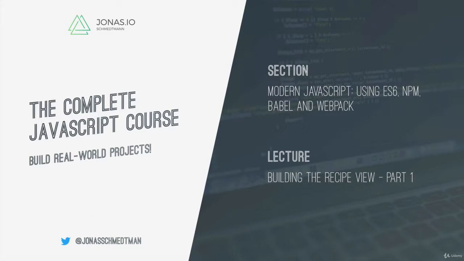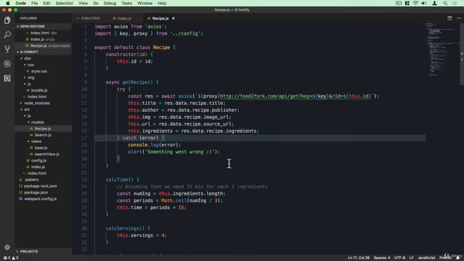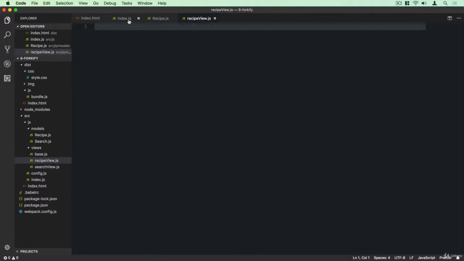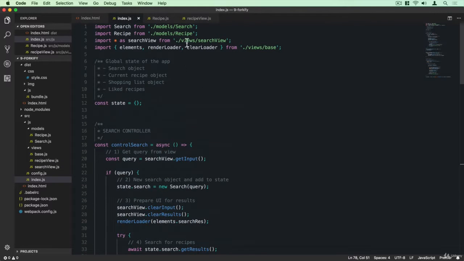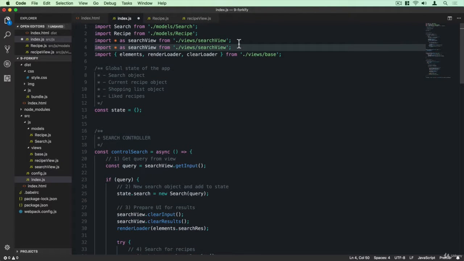Let's now finally render the recipe in the user interface. And so let's start by creating a new views file here. So recipeView.js, and then also right away import it here. Okay, and I'm simply duplicating this line here and replacing search with recipe. Okay, so again, we're going to import everything into recipe and then use these different functions as methods on